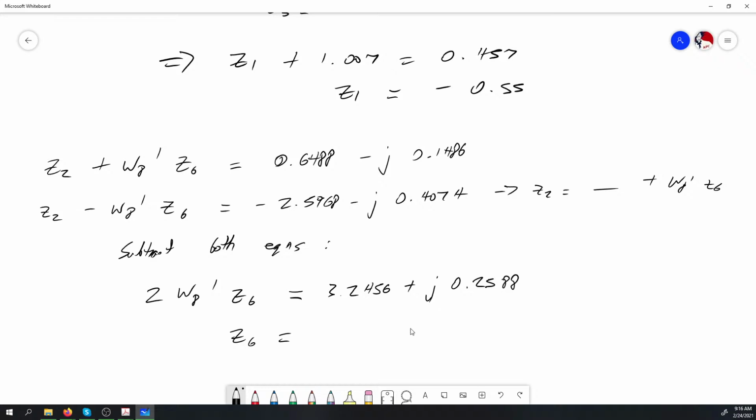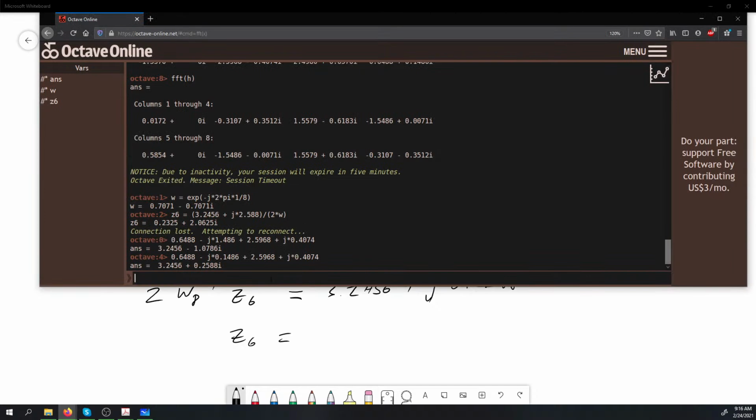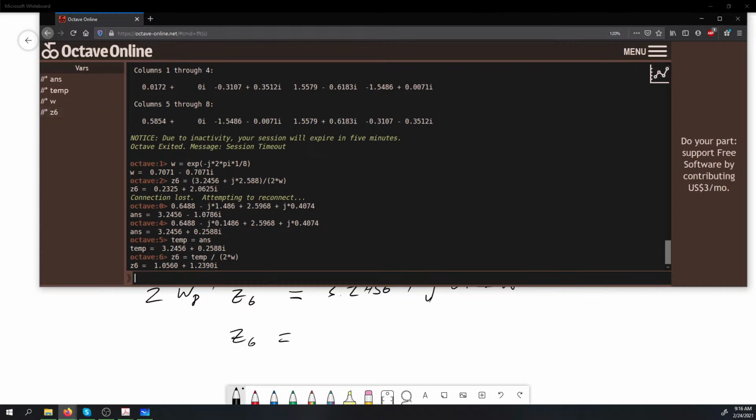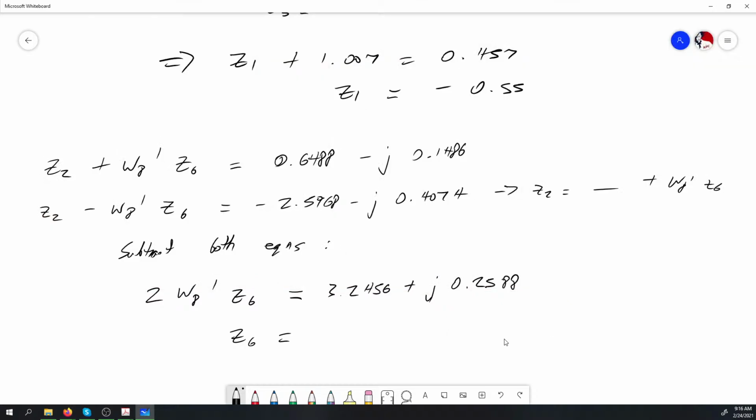Right, so that actually is the correct answer that we're working towards. Now that we have that, let's store this as t. Let's say temp is equal to the answer here. Then z6 is equal to temp divided by 2 by w. That should be the correct answer. Yes, that is the correct answer. So our correct answer here is 1.056